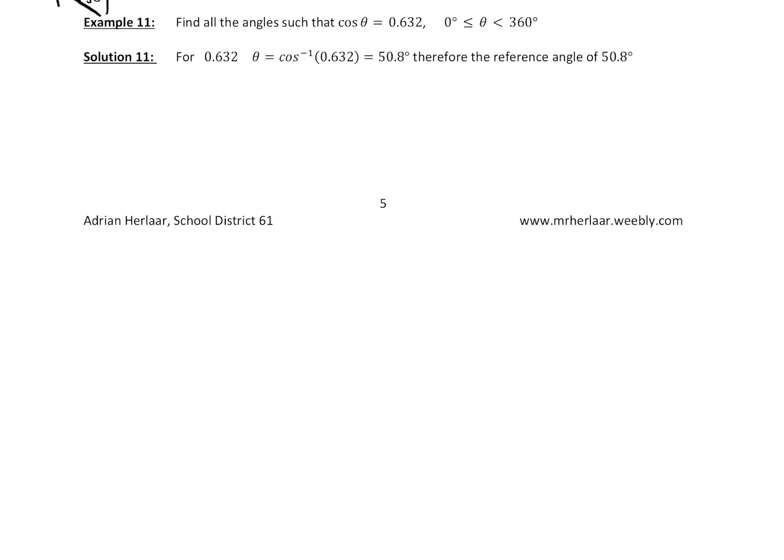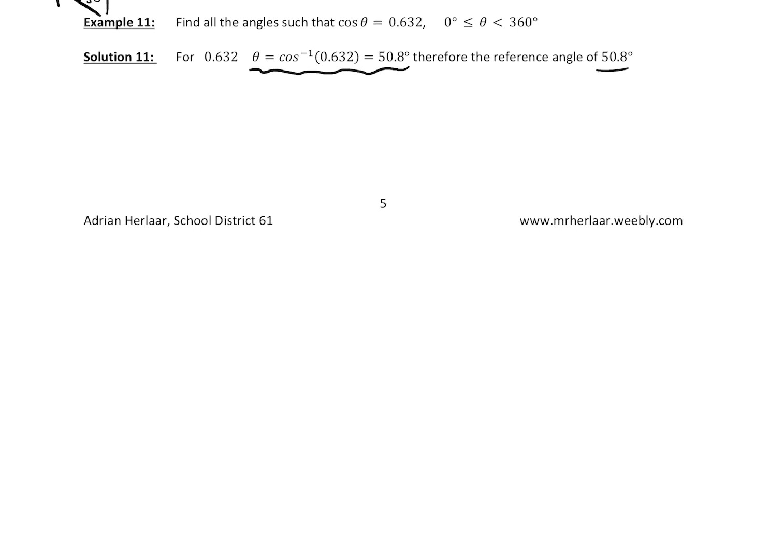All right, and now lastly, doing this without special angles. So we've already kind of looked at an example where we work backwards. If you're given a ratio that's a decimal, work backwards from it. So find all such angles such that cosine of theta is 0.632. First thing we want to do is find what is that as an angle value. So you'll see here, calculate it using the inverse cosine button, and you get 50.8 degrees, which means 50.8 degrees